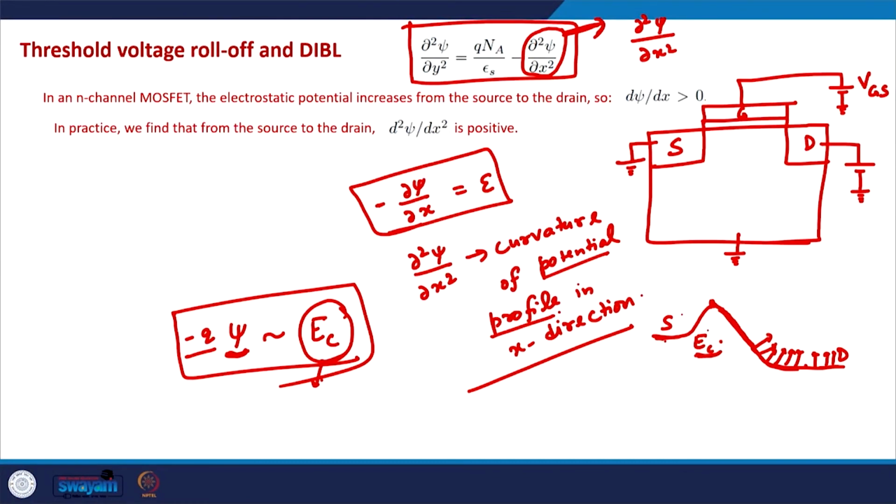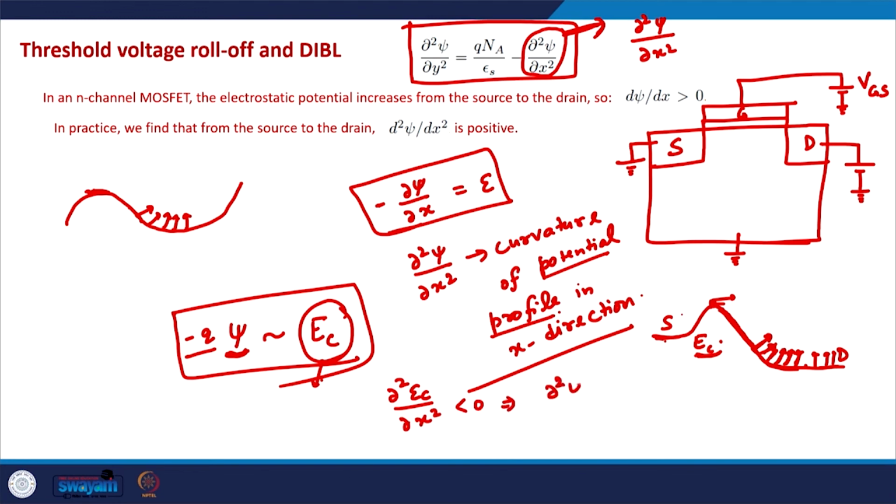If you are not familiar with the notion of curvature, generally what happens is, if there is a plot like this, the curvature is positive, because if we do the second derivative, it turns out to be a positive value, and in this kind of relationship, the curvature at these points is negative. In the channel, the electron injection is assumed to start from this point, and from this point onwards the curvature is negative for this conduction band edge. So the curvature of EC, which means del 2 EC by del x square, is a negative number,